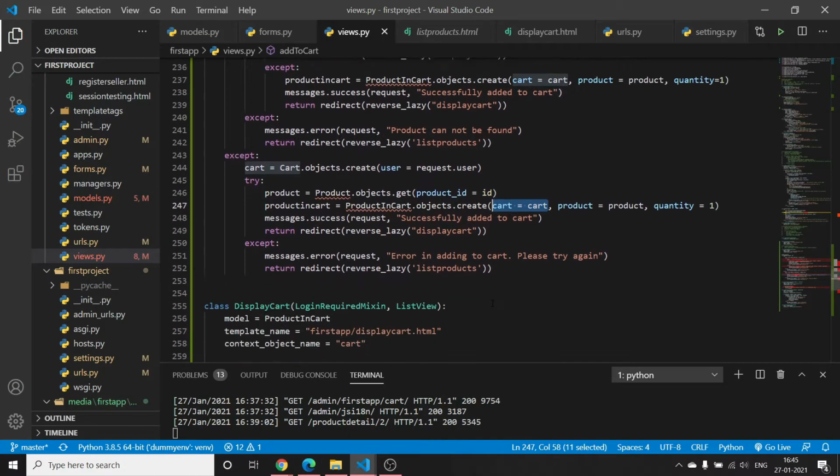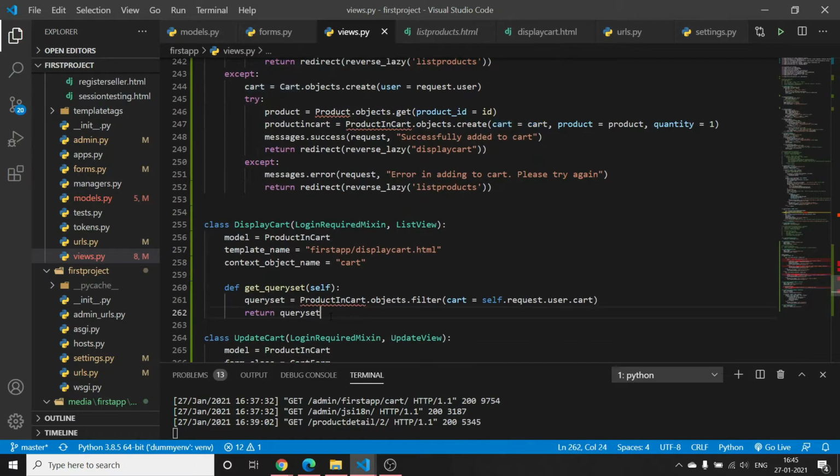So display cart is the class which I have used here. Display cart is nothing but a list view, which I have already explained to you, which contains all the records of products in the product in cart table respective to that user, or respective to the cart of the user which he has made. So all the products which are contained in the cart of a user will be shown there.